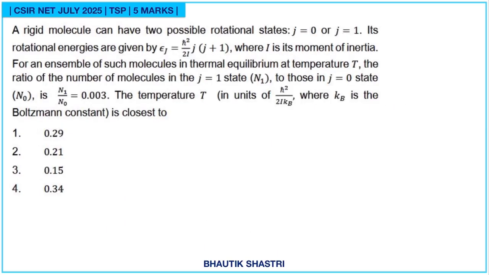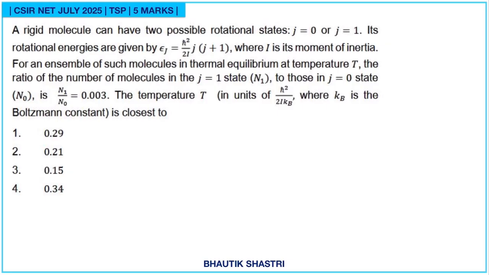Next question. A rigid molecule can have two possible rotational states, J is equal to 0 or J is equal to 1. Its rotational energies are given by Ej, where I is the moment of inertia. For the ensemble of such molecules in thermal equilibrium at temperature T, the ratio of the number of molecules in the J is equal to 1 state N1 to those in J is equal to 0 state N0 is N1 by N0 is equal to 0.003. The temperature T in the units of h square by 2I kb, where kb is the Boltzmann constant, is closest to: